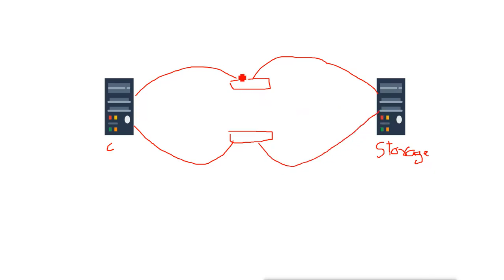So if we have two paths available to connect to the storage, we don't have to configure anything on this storage server. We just need two different connections, like two network adapters connected to the storage server, and we need two adapters also available in the initiator server.